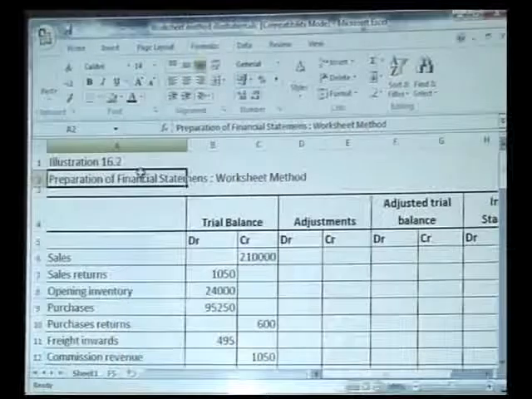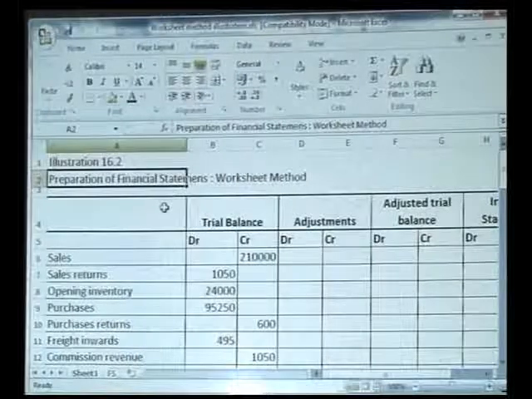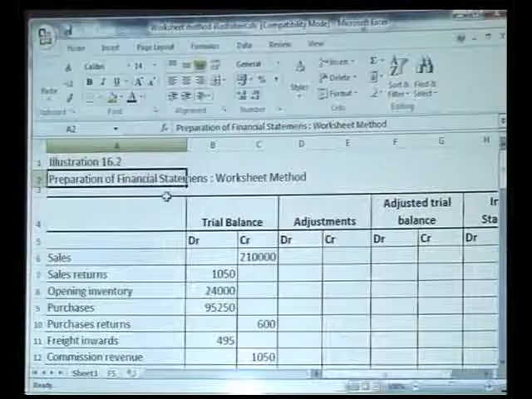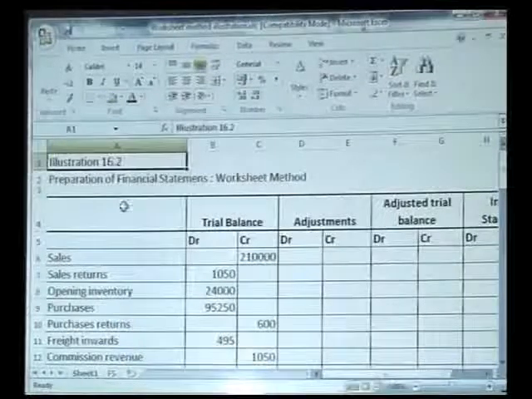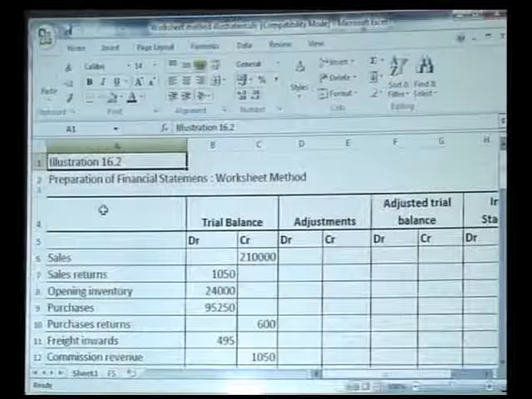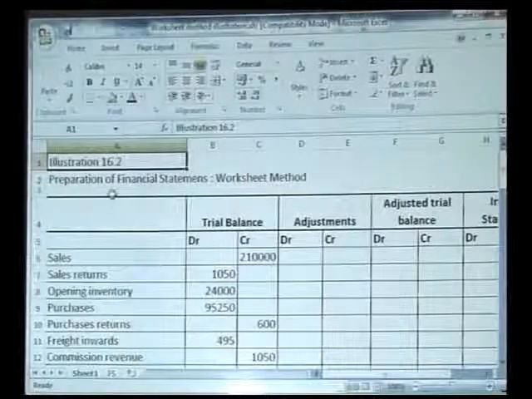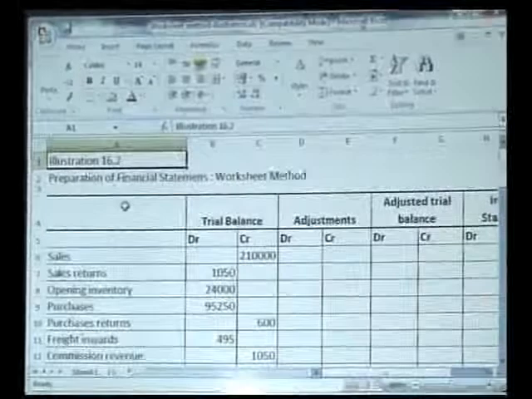This worksheet is given in illustration 16.2. Turn to illustration 16.2, where you will find a trial balance